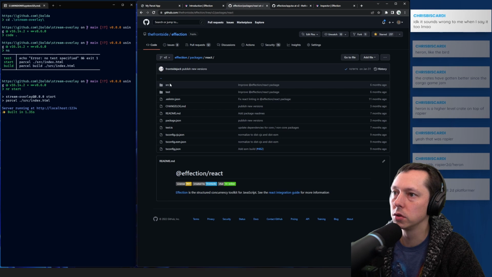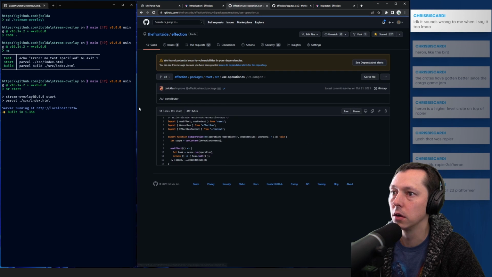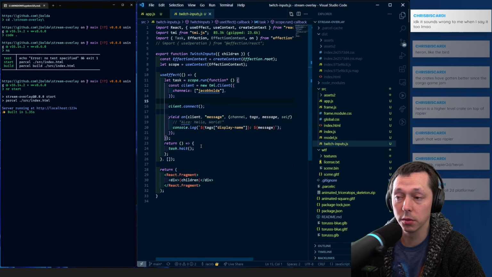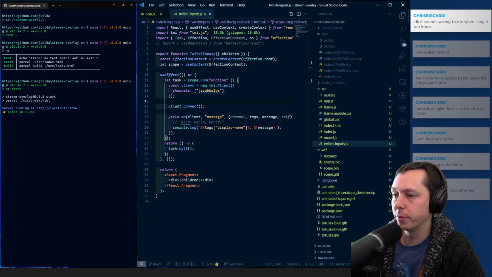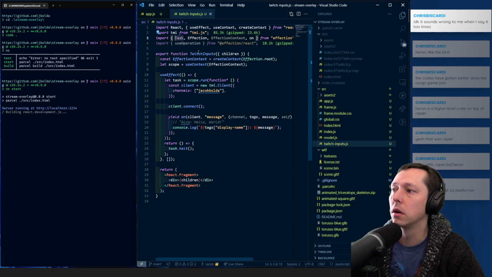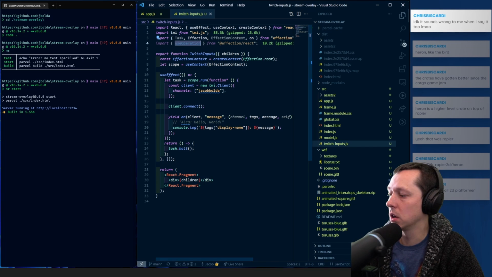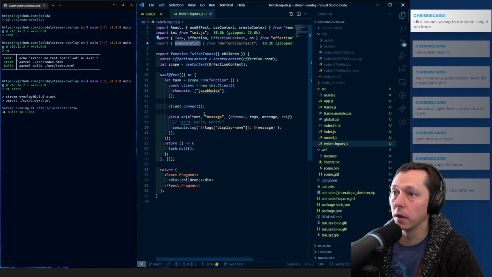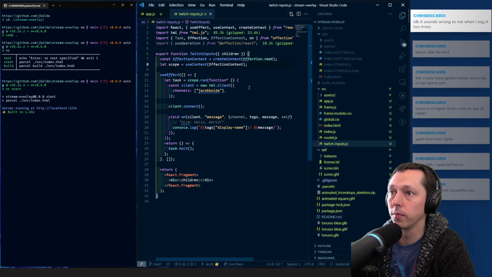So if we go to the React package, unfortunately we don't have great docs on this yet. This all works in the browser and in Node, but we've tended to do a lot with it in Node, so we haven't hit on all those great use cases for it yet in the browser. And this is basically what we were doing manually because we weren't able to get this to run. And that is actually doing the use effect. So if we say,